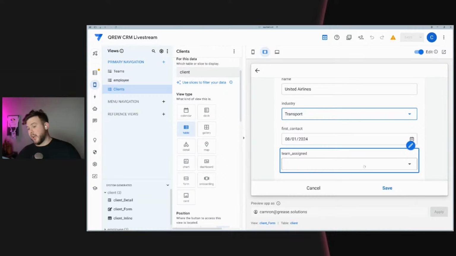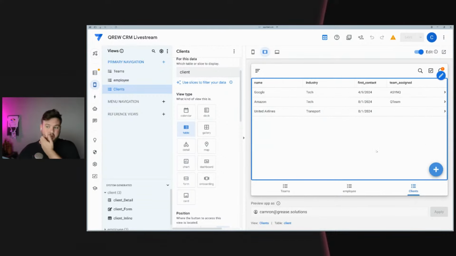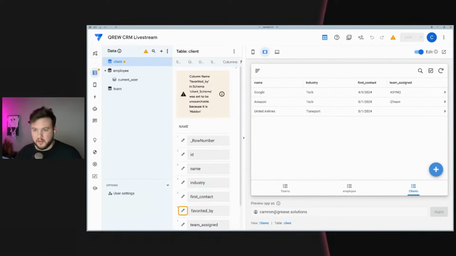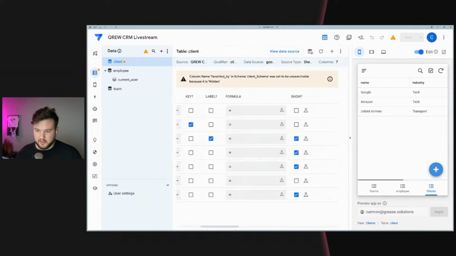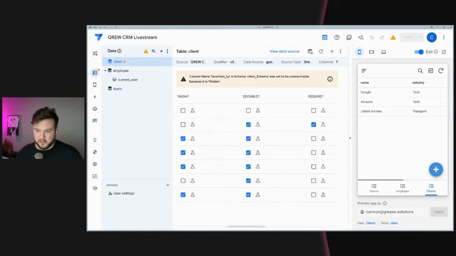Okay, so this doesn't have a team assigned to it yet. So what we want to do is we want team assigned to only be editable by those two user types. So let's get back to that. So we want to go to team assigned and say that this should only be editable